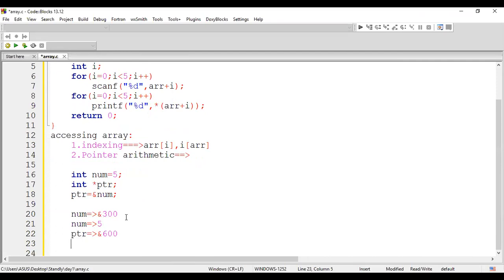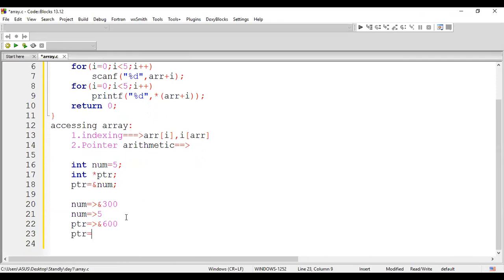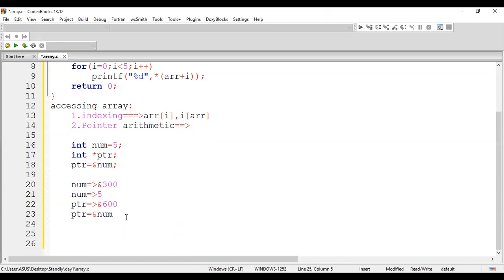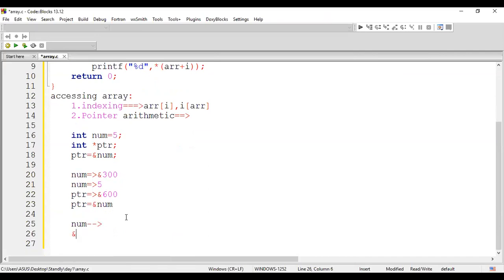What does ptr hold? ptr holds the address of your num. If you're clear with this concept, then you'll be clear with all of it. If I print num, what will be printed? We'll go one by one. This is a simple concept where you should be clear in pointers.